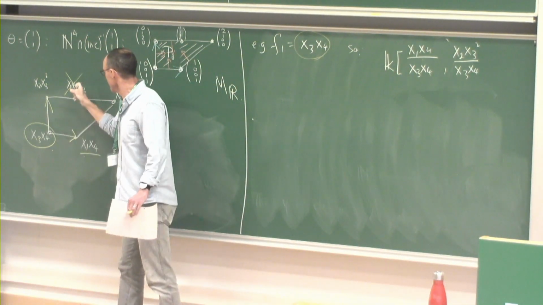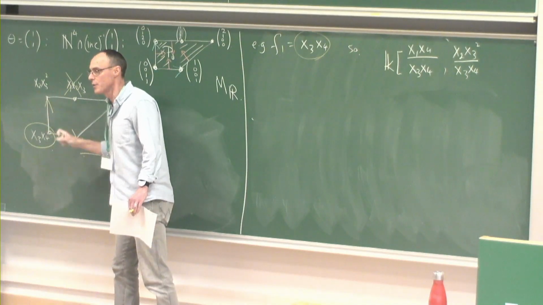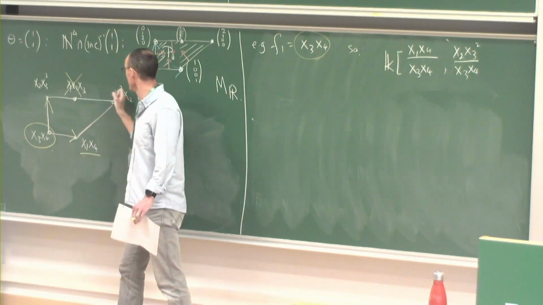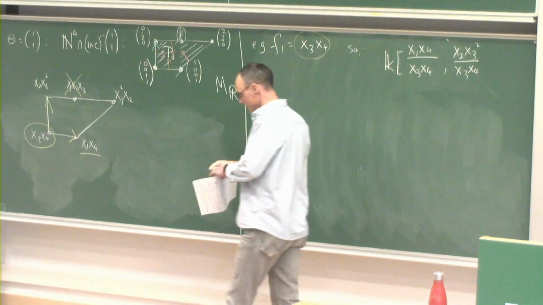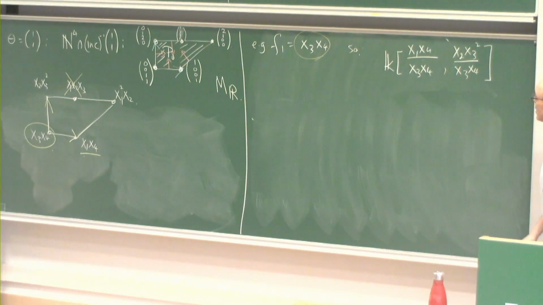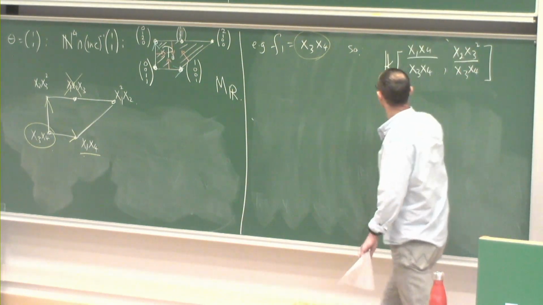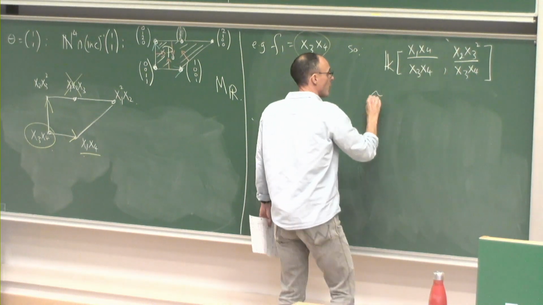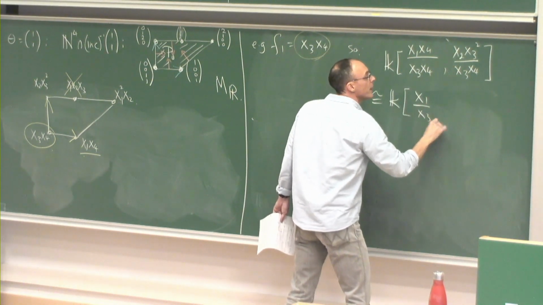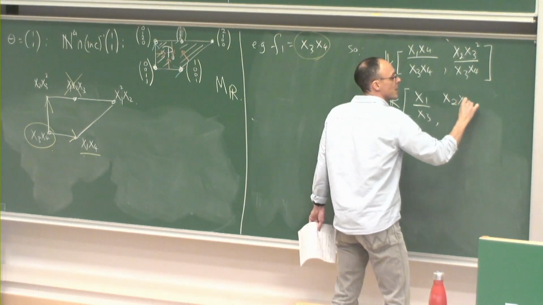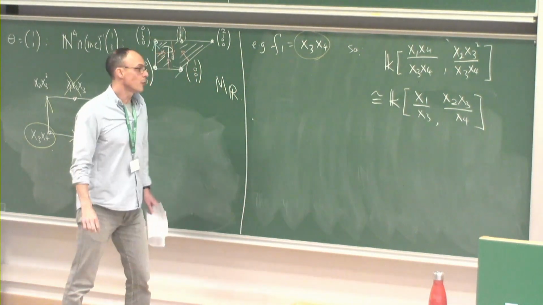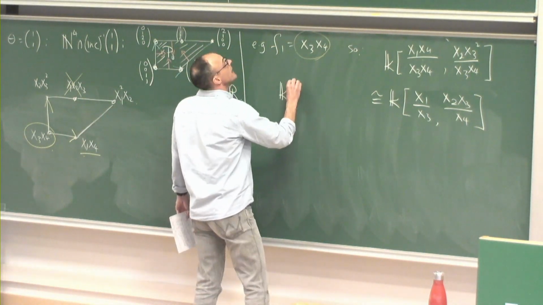But just as this guy is the vector sum of these two vectors, and this guy is twice this vector plus one of these, I don't need to throw the quotients involving these two into my algebra, and indeed that turns out to be this algebra here. Of course, one can simplify it as x1 over x3, and then x2, x3 over x4. This is nothing more than a polynomial ring in two variables,